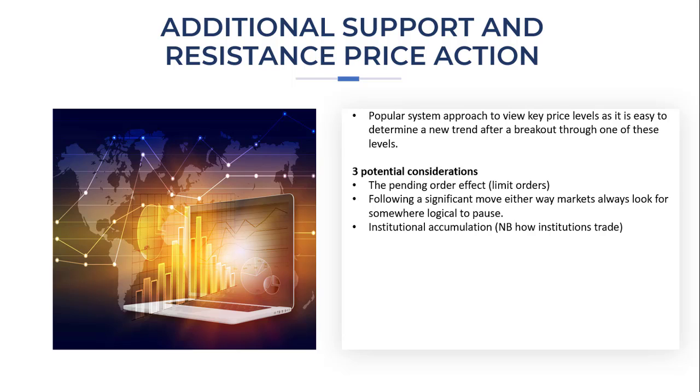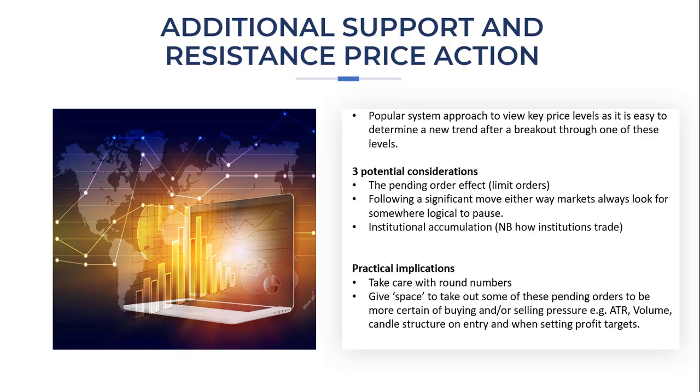And then the third consideration is what we term institutional accumulation. So how institutions trade is they'll often accumulate in periods of congestion, i.e. when something is trading between a support and a resistance line. And this is very difficult to see because institutions don't tend to buy en masse, or a big block of shares, for example. They would invest many times in a small amount so they don't move markets. This has implications, of course, for when something does break